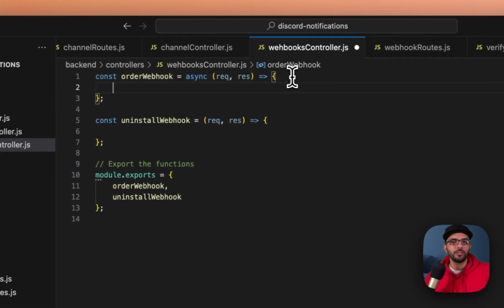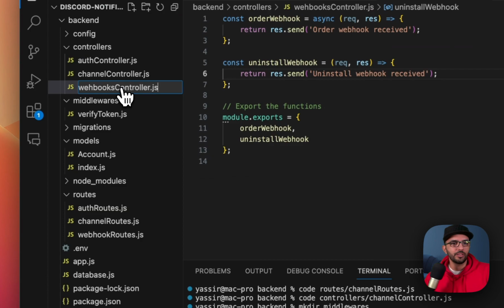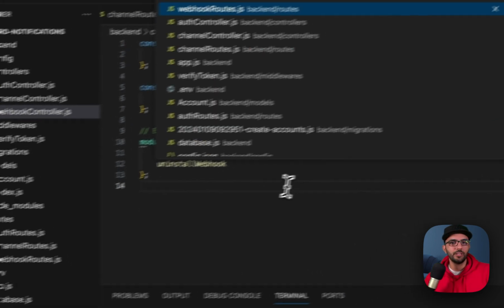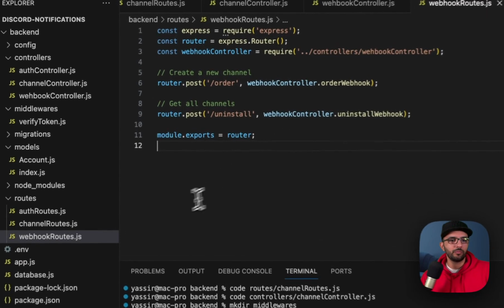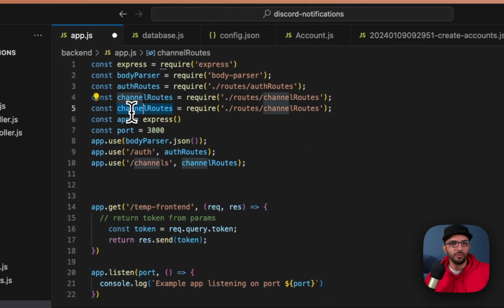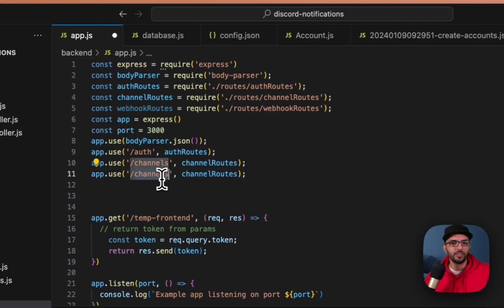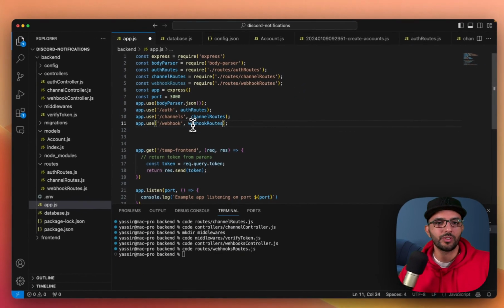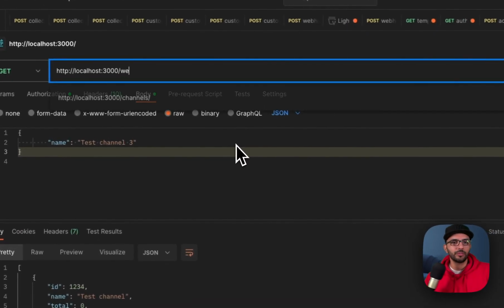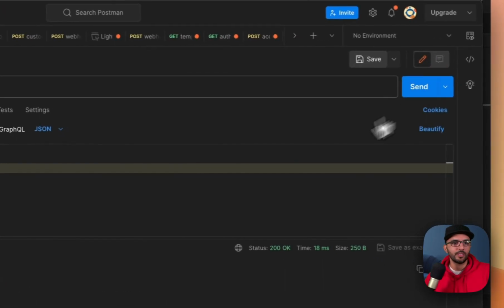Perfect. Now let's go ahead and return something. Okay, return. And yeah, let's also rename the file to remove the S here. So it looks like we're good. Before we test this in Postman, one last thing is to import it here. So the webhook here, like this, and it's going to be mounted at webhook, webhook routes. Now let's go ahead and do webhook/order, and it's going to be post, send, and